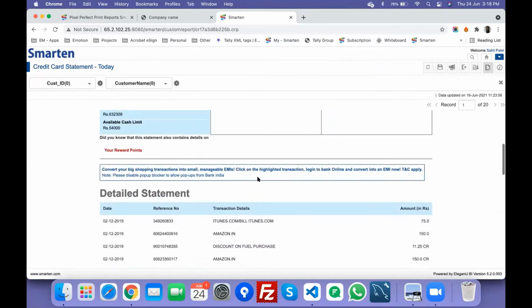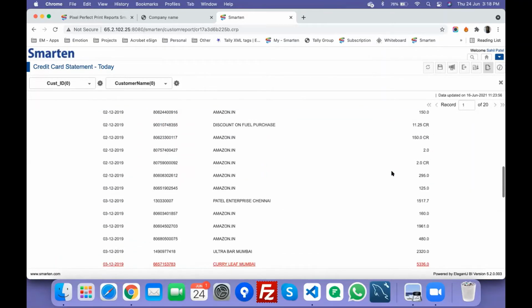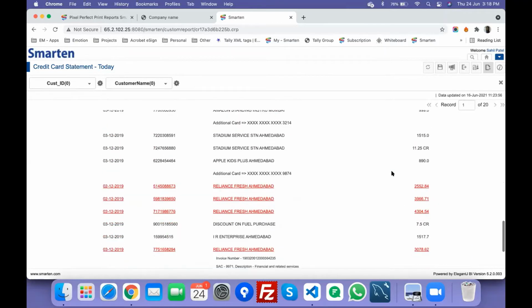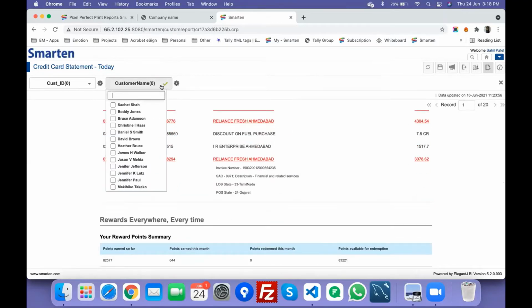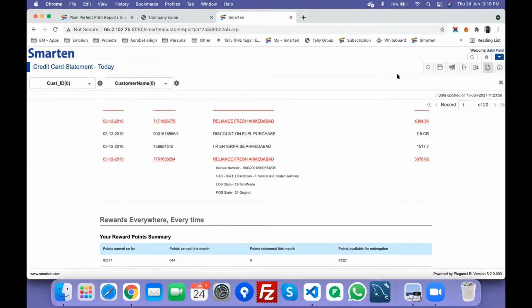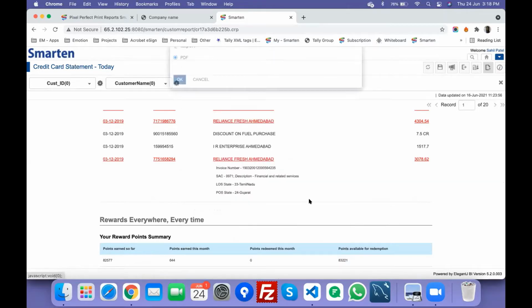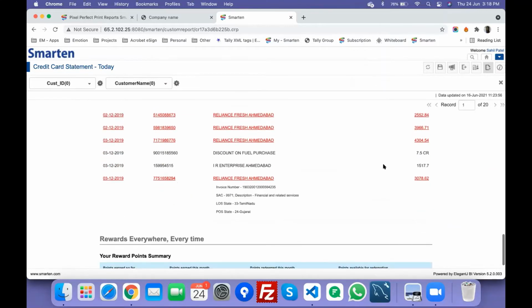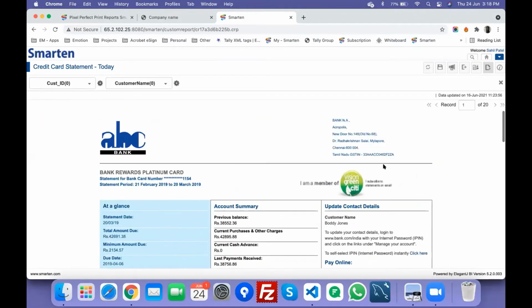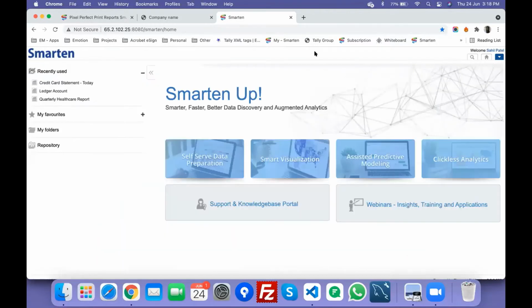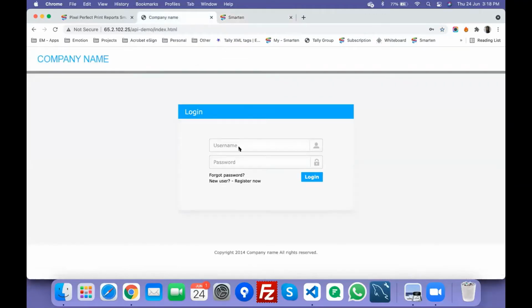There are 20 records or 20 documents which are generated. I can filter for customers using the filters on the top, or I can use customer ID, or you can set any other filter. You can also publish it. And if you want this to go straight away to customers or recipients, you can configure those users and access rights, and those reports would go to them as well. And yeah, you can export to PDF as well. So this is the simple process with which one can use this feature.